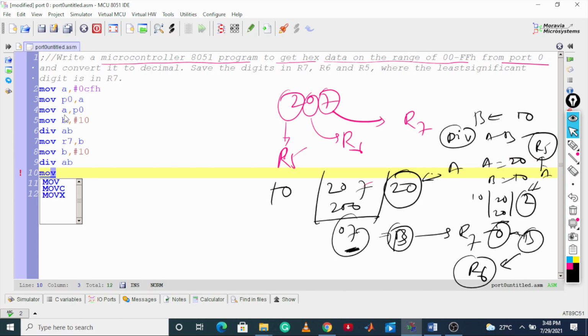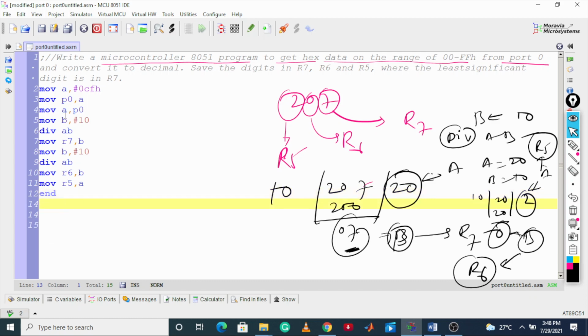Now move the content of B to R6, and move the content of A to R5, and then END. This is the program that we have written.